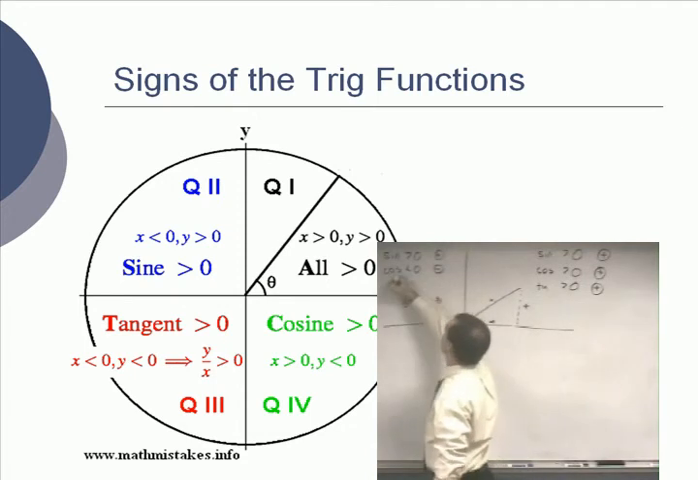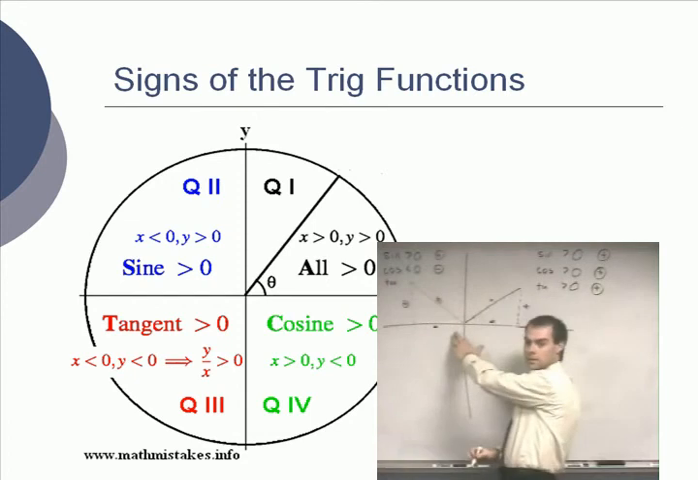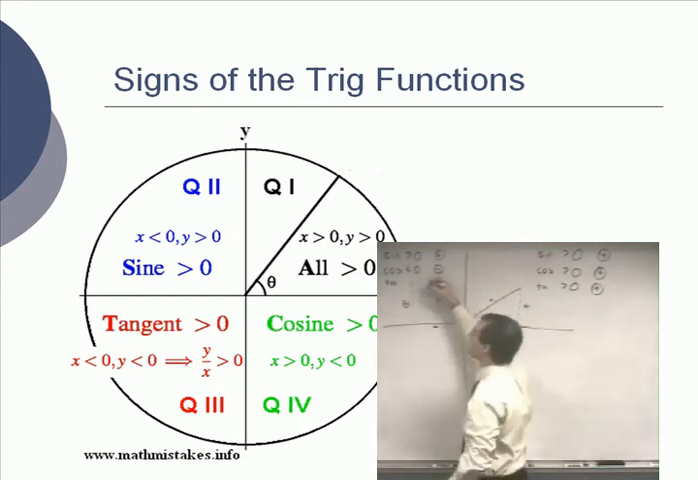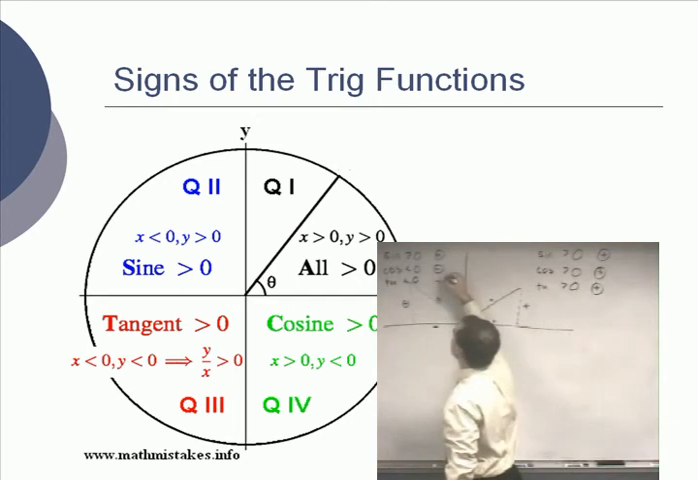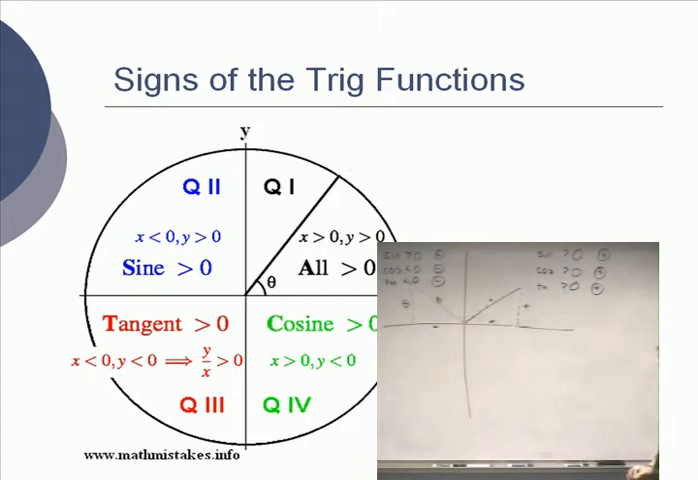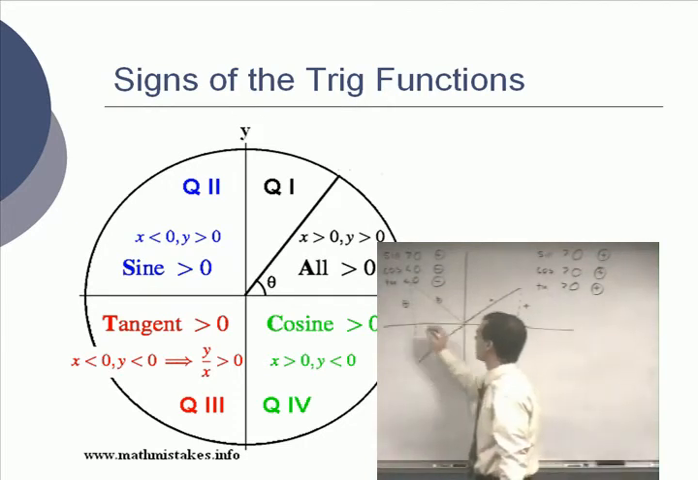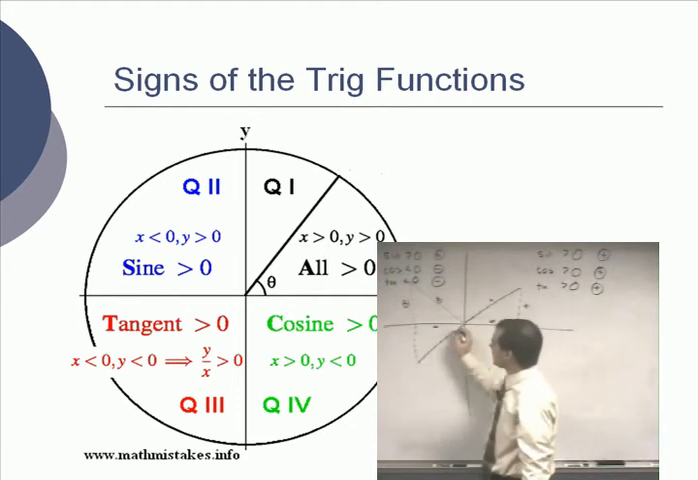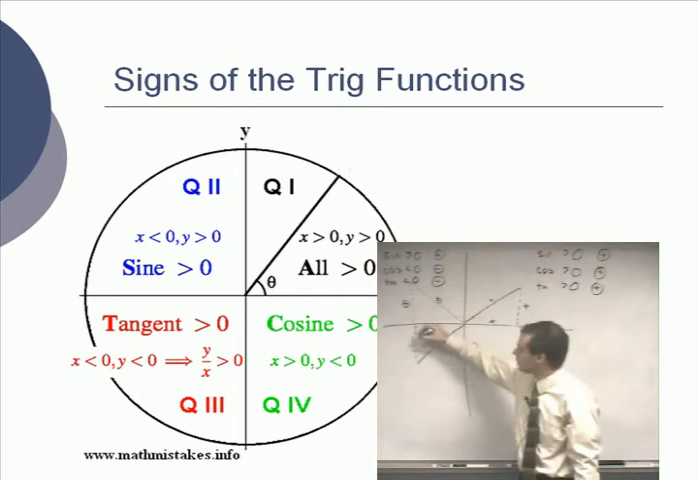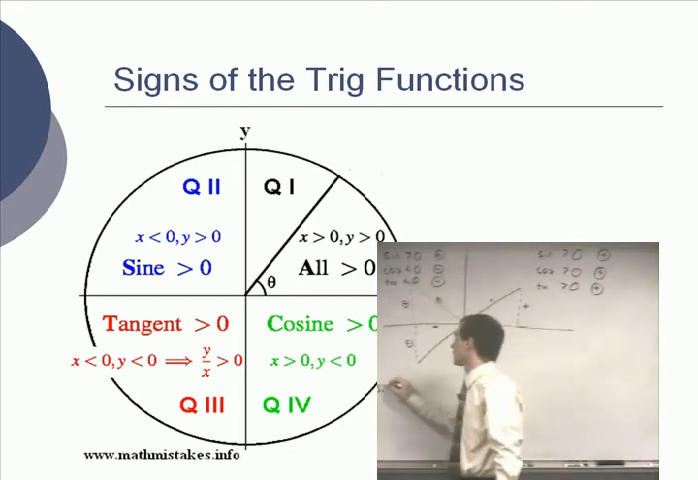And the tangent here is going to be opposite over adjacent, positive over negative. It's going to be less than 0. Tangent will always be negative. Quadrant 3. The adjacent side is still going to be negative, but now the opposite side will be negative also. So the sine